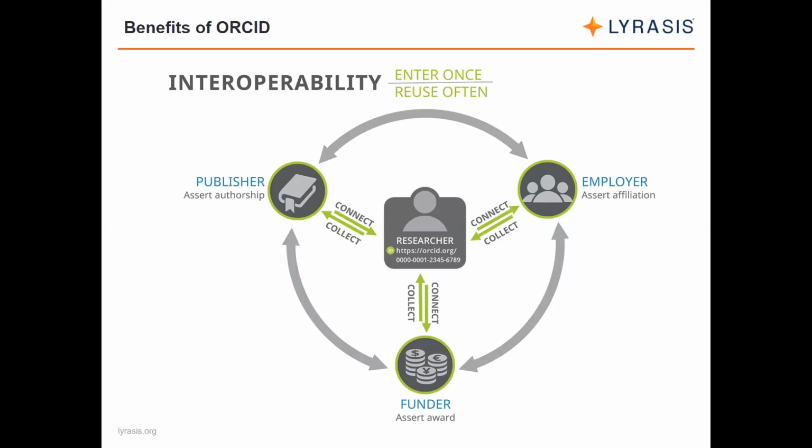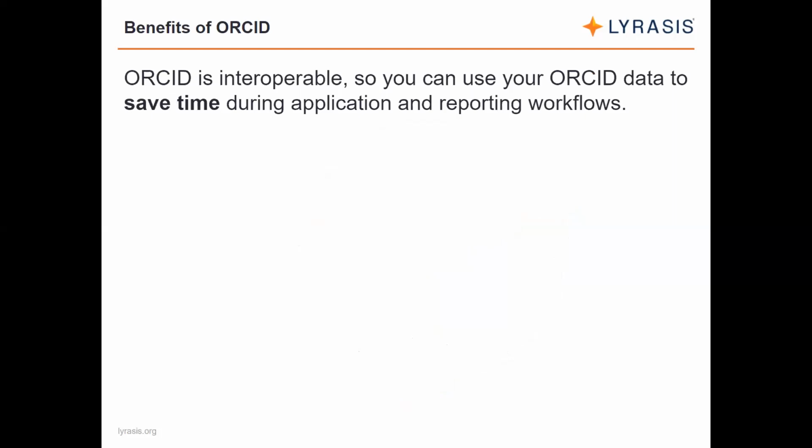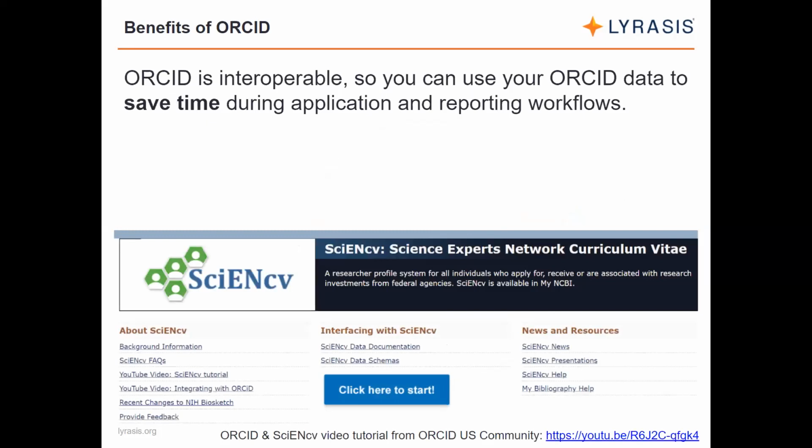So the idea is that you or the organizations that you're affiliated with can populate your information in your ORCID record once, and then you can reuse the information on your ORCID record when you have to provide that information to other organizations. So a really good example of this that many of you may be familiar with is a platform called Science CV. So anyone who is applying for funding from the National Institutes of Health, NIH, or the National Science Foundation,